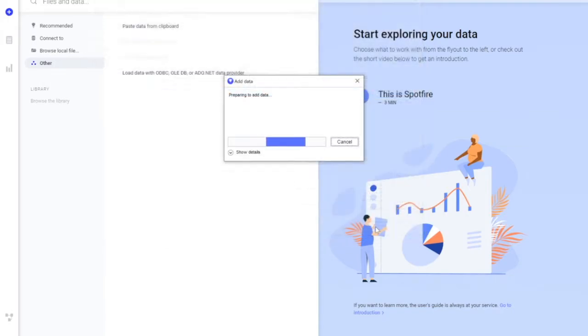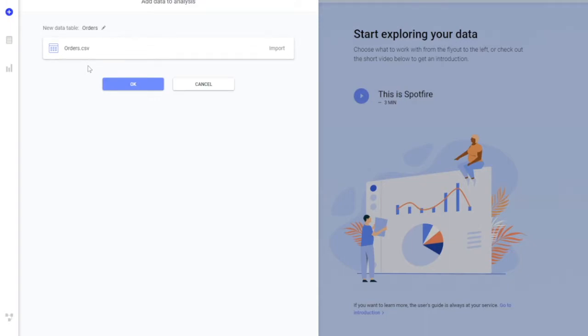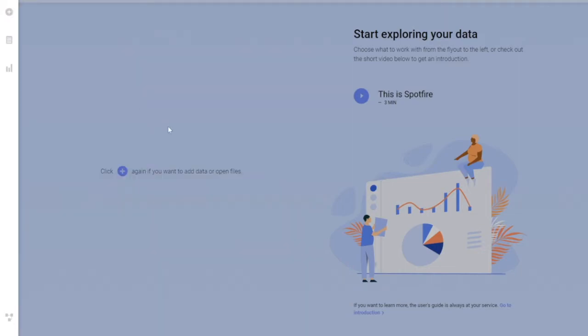Say okay. So this checkbox option you will get only if you're loading Excel, CSVs and text files like that. If you're loading database connections, there also you have an option, but that is a different way of unchecking and checking the columns. So this way this data is loaded as orders.csv. I don't want to name it as orders.csv, I want to name it as orders data. So this way this table will be shown as orders data. I'll just say okay, and once I click on okay, it will be loaded in my Spotfire Analyst.